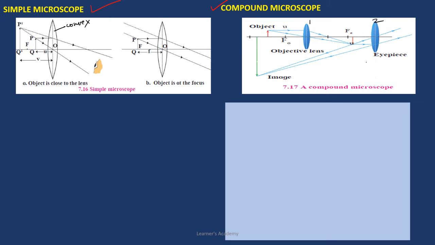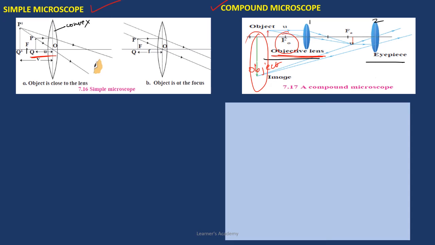All right, in case of a simple microscope you will see that the object is placed within the focal length of the convex lens. All right, now in case of a compound microscope, you will find that the object is placed beyond the focal length of the objective lens. Okay? And in case of